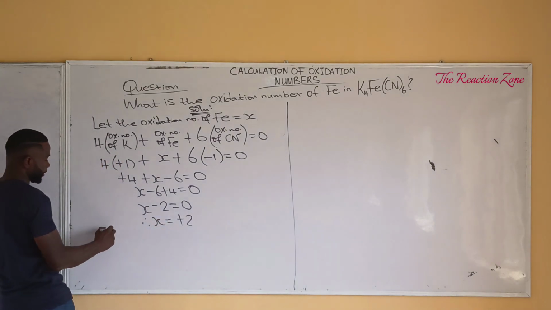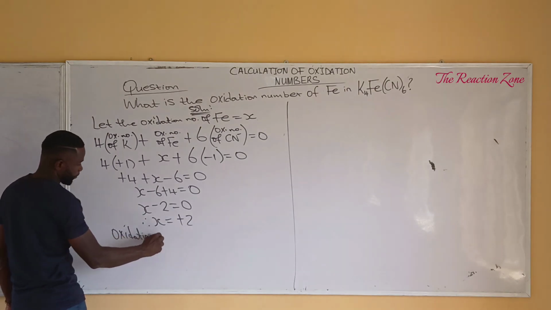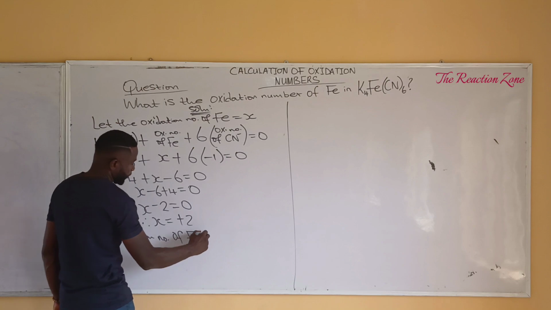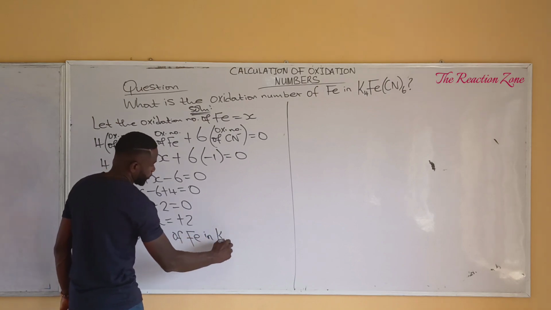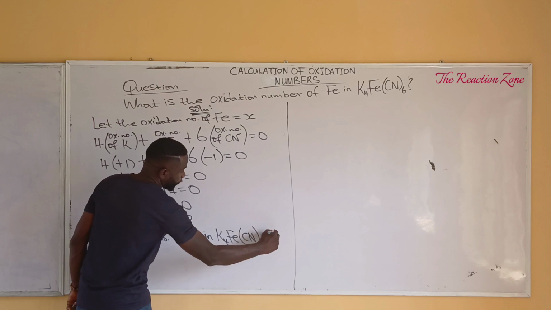So this means that the oxidation number of iron in this compound is equal to